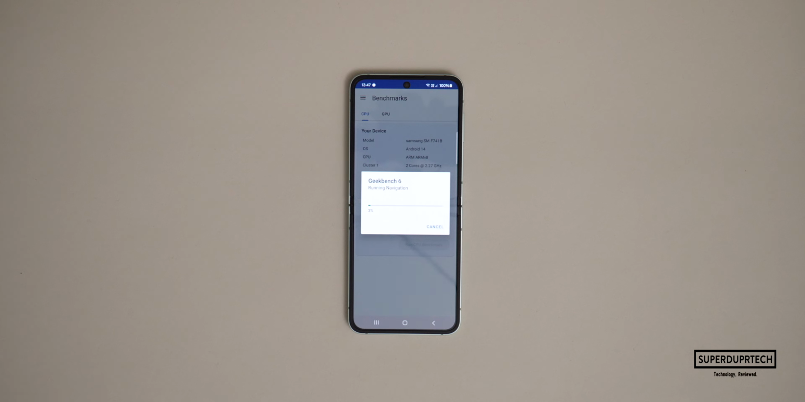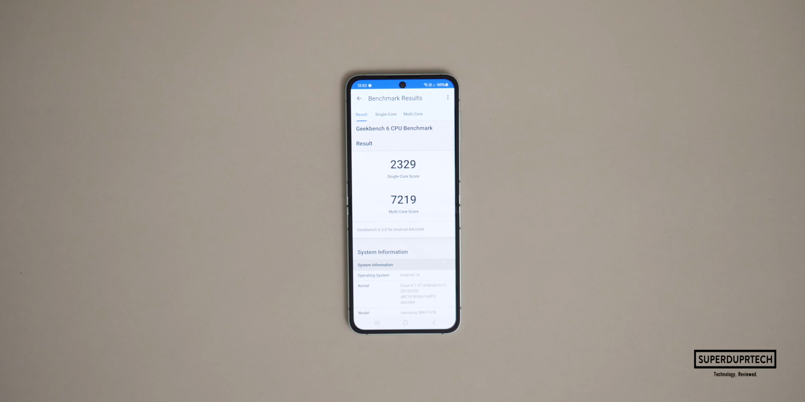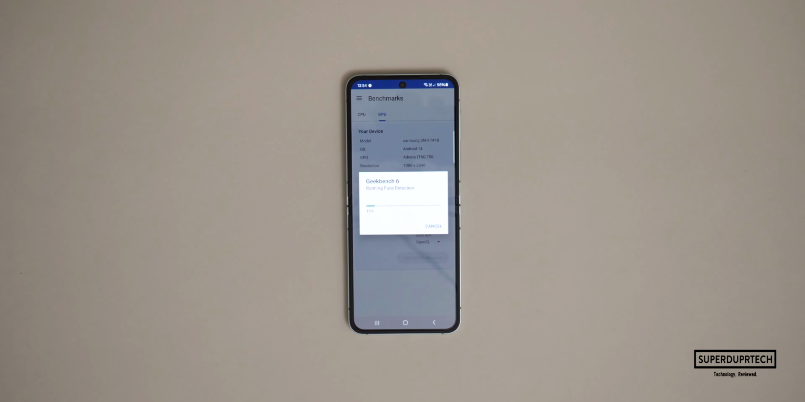So the first benchmarking application which I ran on the Z Flip 6 was Geekbench 6, and I started off by running the CPU test, and when running this test I got a single core score of 2,329 with a multi-core score of 7,219. I then ran the OpenCL compute test from Geekbench 6, and when running this specific test I got a score of